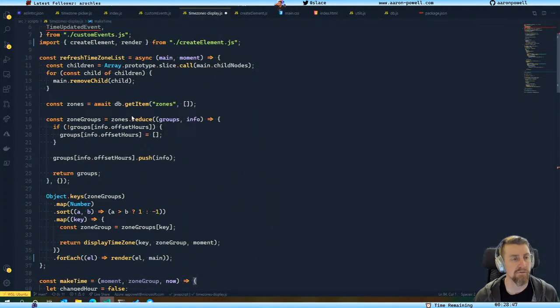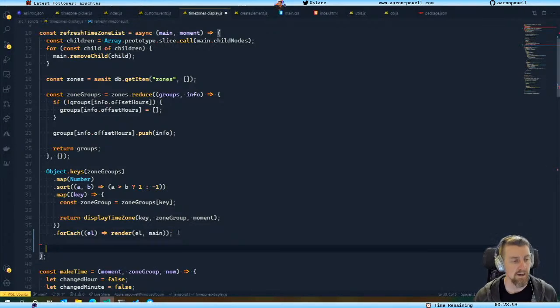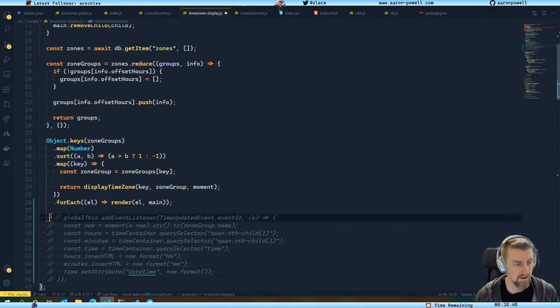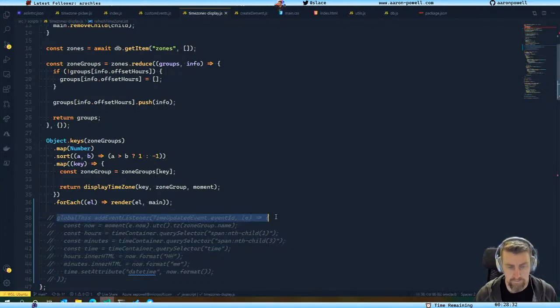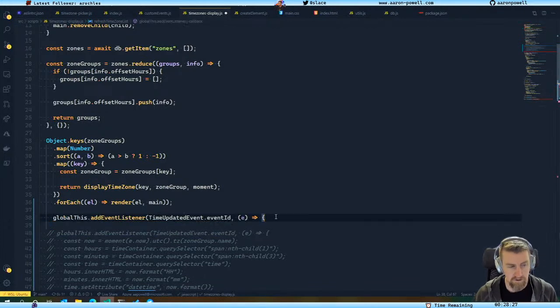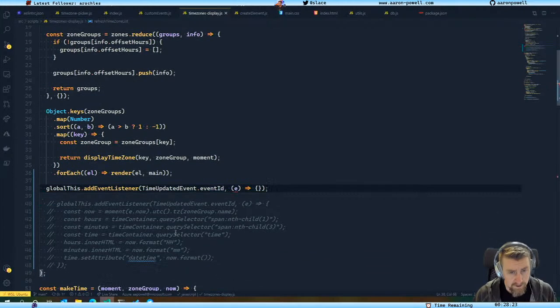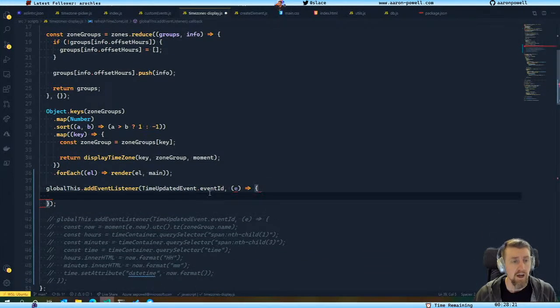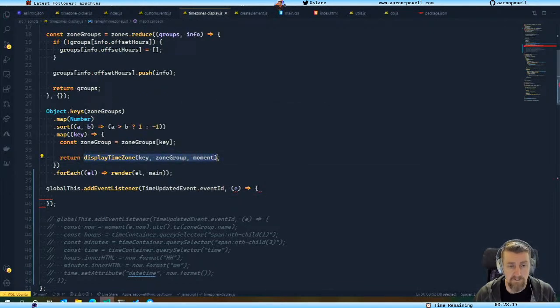We can put it up to here. We will not uncomment it because I want to keep it there so I can understand the intent again. But I think what we can do in here is actually run this event and then use it to call display time zone update, and instead of passing through